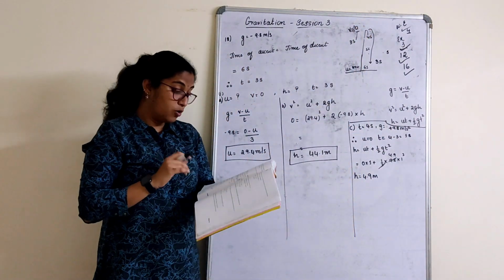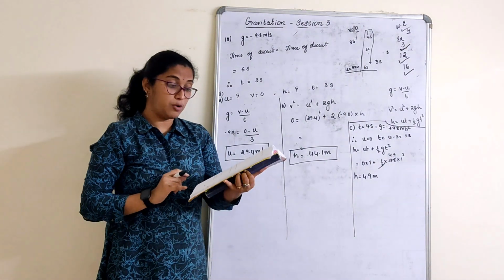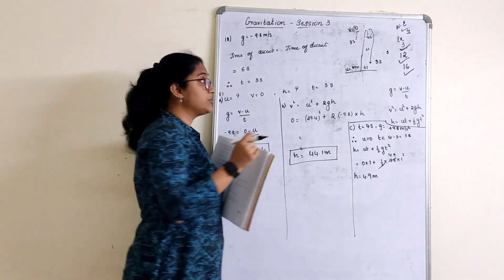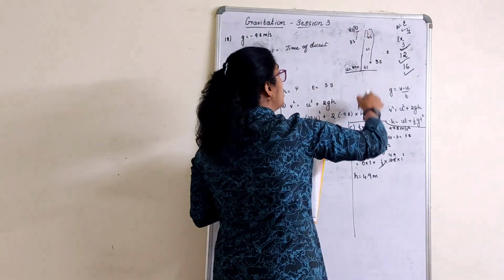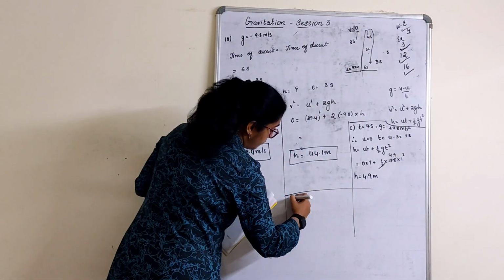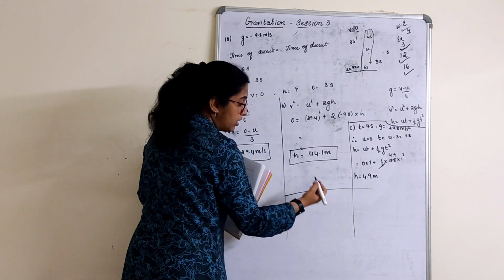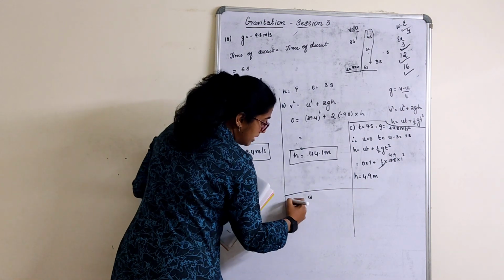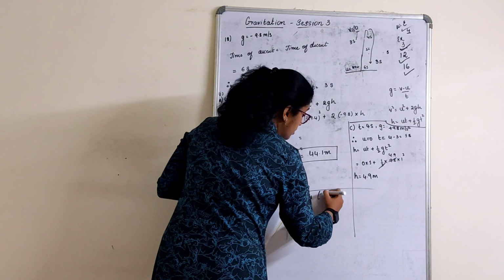Okay. Now what they have asked here is the position of the ball at 4 seconds. The position of the ball means what is the total height, children? So I'll just write final what you have to write. Position of the ball after 4 seconds is, please write that conclusion. Total height is how much?